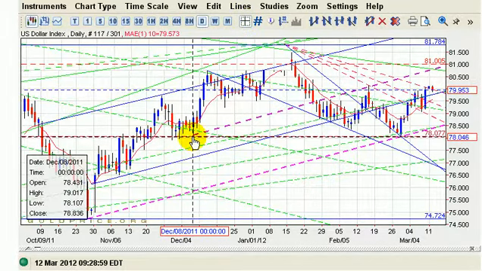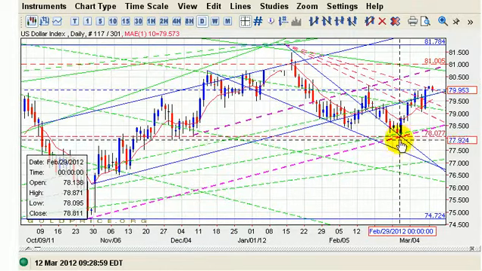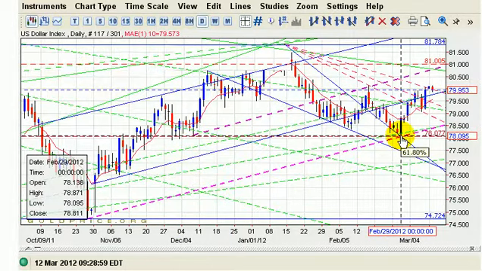On the left hand side you will see the low of 78.10, and likewise at 78.095, and this basically has shown strength after it touched this level, which we actually called from our previous